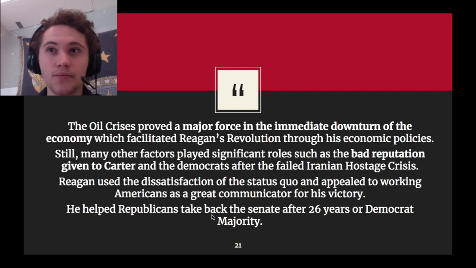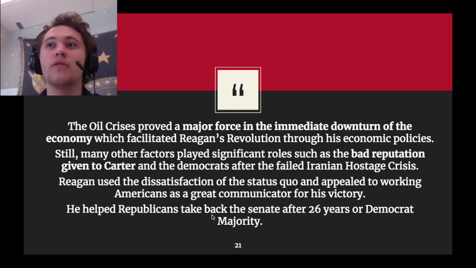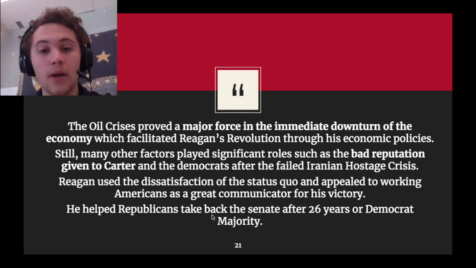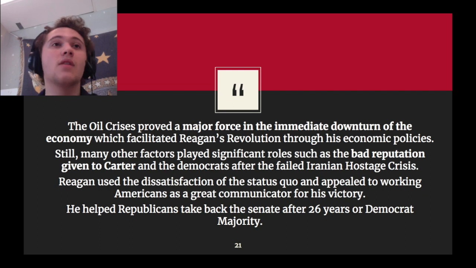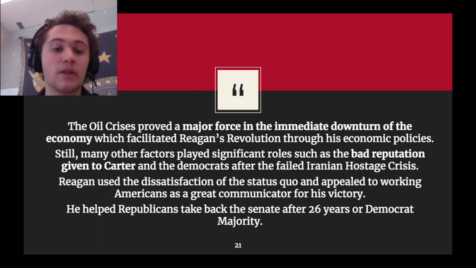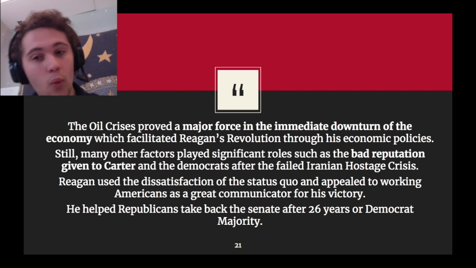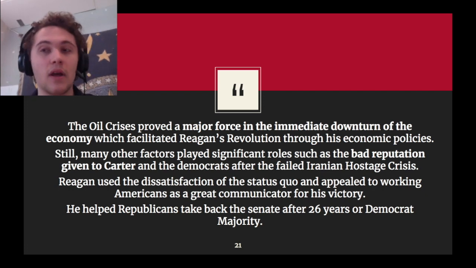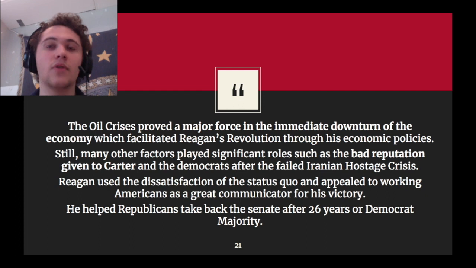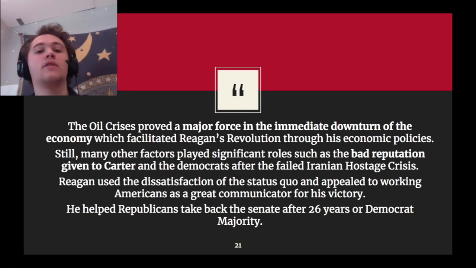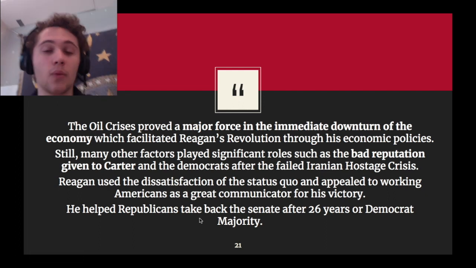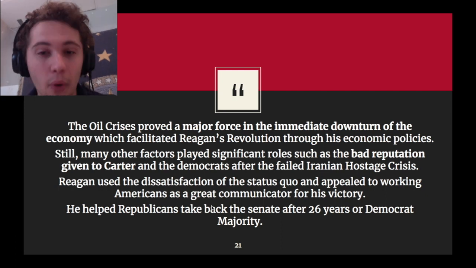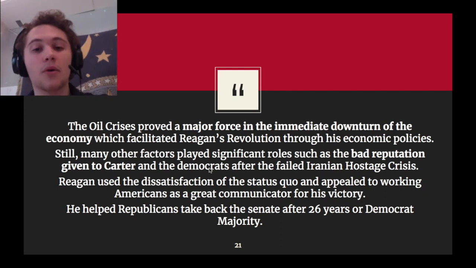So these are the causes of the Reagan Revolution. We can say that the OPEC oil crisis and the Iranian Revolution and the oil crisis that came as a consequence of that were very significant in helping Reagan achieve the presidency and helping Reagan have the Reagan Revolution, but it wasn't one of the only factors. We can say it was a very important factor, but there were many other factors, and it